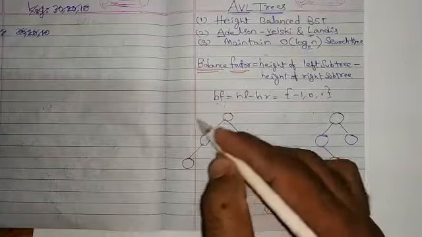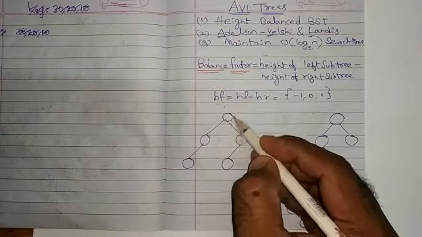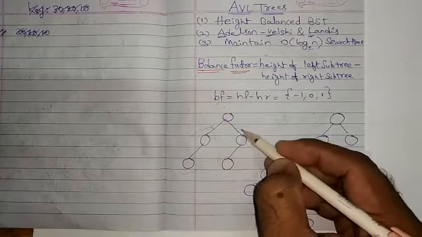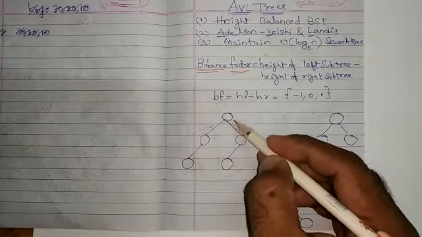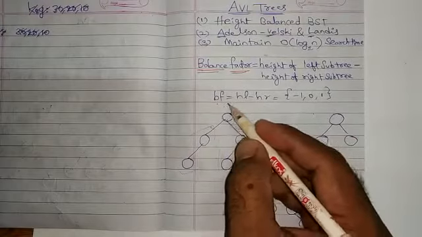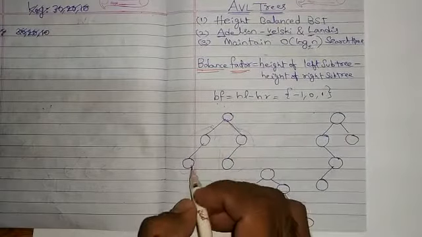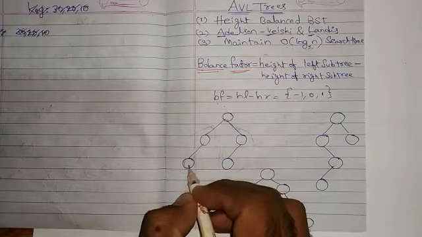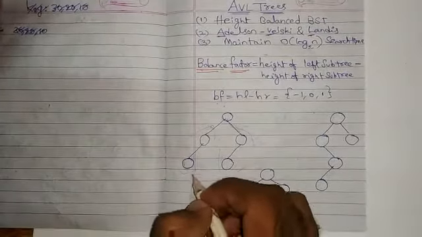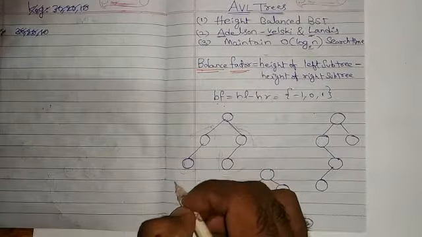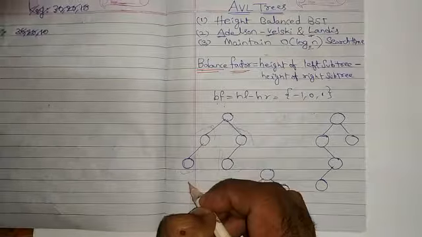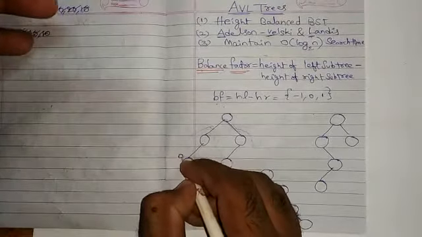See, this is the tree we have. This is the root node, and from this root node this total is called the left subtree, and this total is called the right subtree. Now find out the balancing factor of every node. Now I want to find out the balancing factor of this particular node. So what is balancing factor? Height of left subtree minus height of right subtree. Are there any left and right subtrees for this node? No. So there is no left subtree, there is no right subtree. So 0 minus 0, balancing factor is 0.